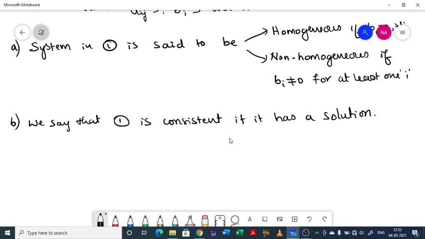Solution idre consistent anta, solution illa antandre inconsistent. Otherwise it is called inconsistent. So if the system has a solution, then it is consistent, otherwise it is inconsistent. Now, we said the system is consistent if it has a solution. Then what is the meaning of that? What do you mean by the solution of a system of equations?